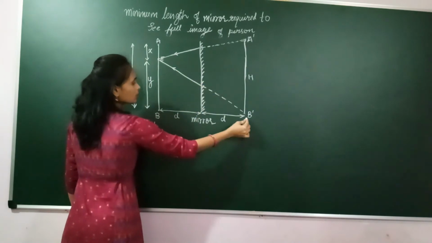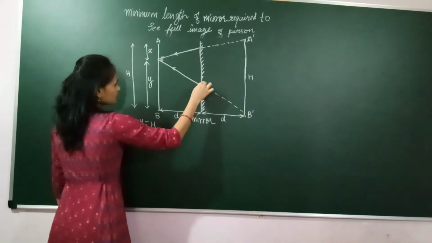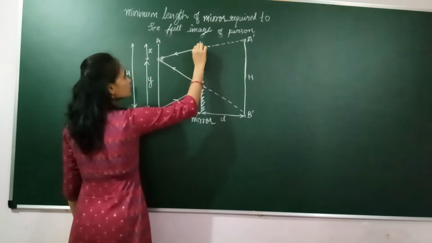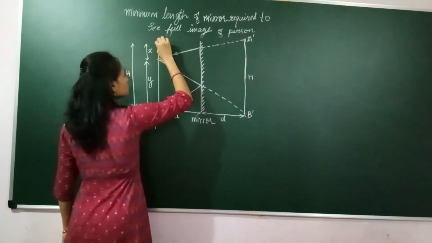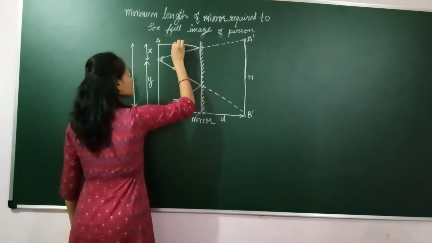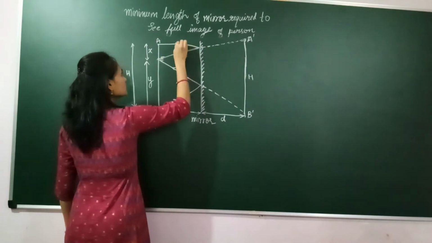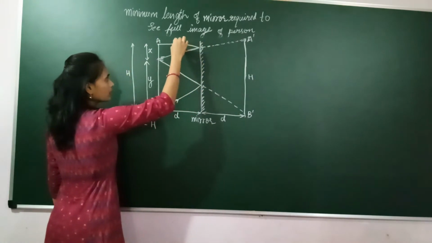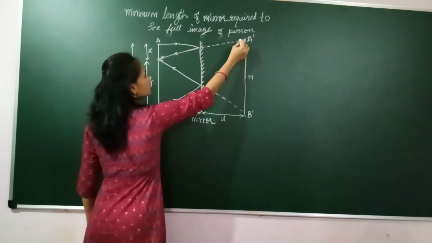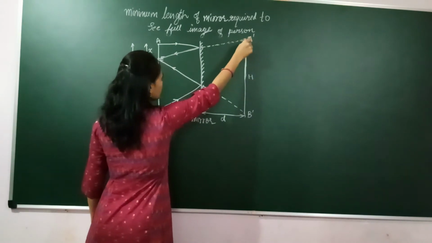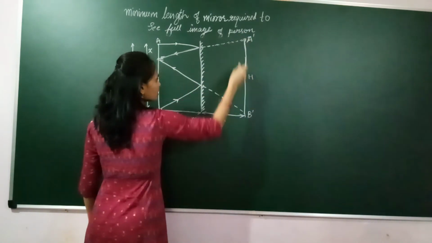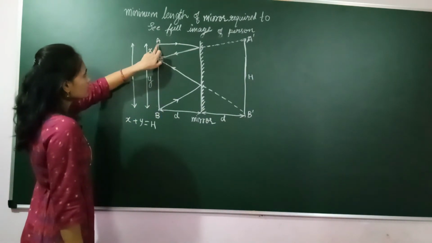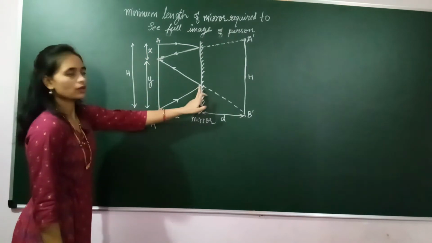But actually this ray is not coming from B dash. Actually this ray is coming from B. This is our incident ray. In this case also, the ray is not actually coming from A dash. The ray is actually coming from A, and it is reflecting here. This is our incident ray and this is our reflected ray, but our eye does not have the capacity to bend the ray back and retrace. So we do the extension and find the image at A dash and B dash. Both images are behind the mirror, but actually the rays are coming from A and B. This is the ray coming from the head and this is the ray coming from the feet.